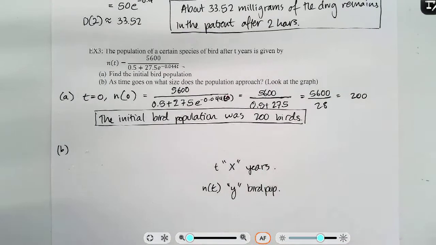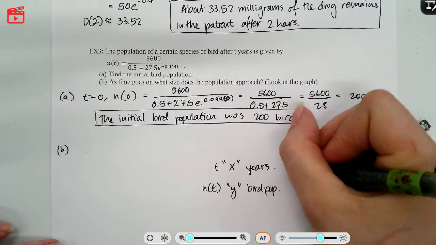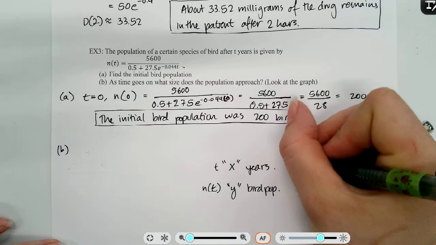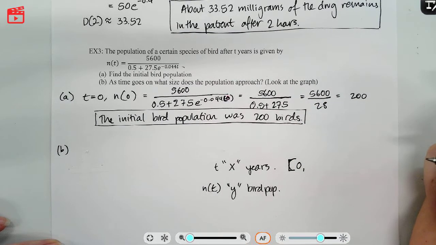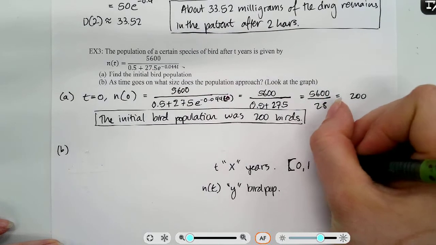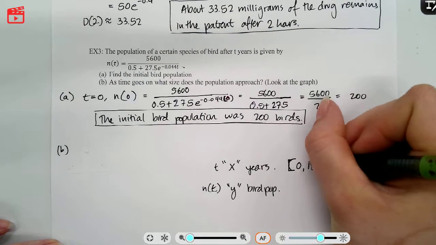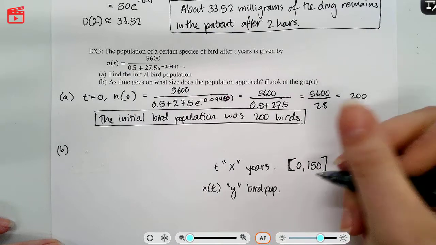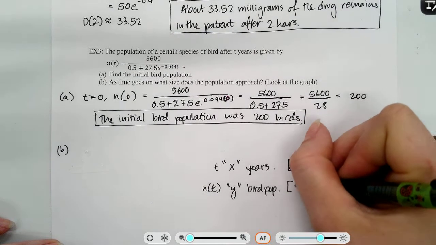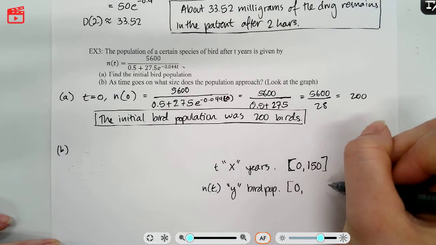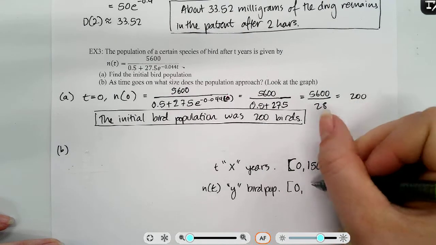In terms of years, you normally don't count negative years, so we would have our window of 0 to maybe let's do 150 years. It's not outrageous. And then for bird population, normally you don't start at a negative, so we'll start with 0. Bird populations can get pretty big, so let's maybe do